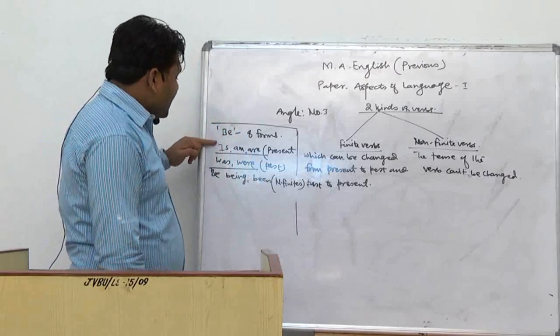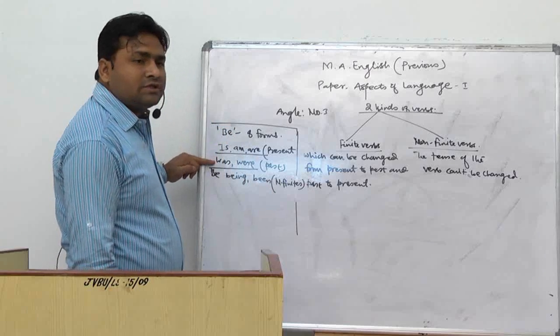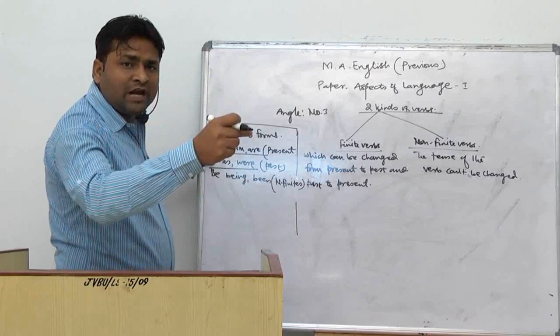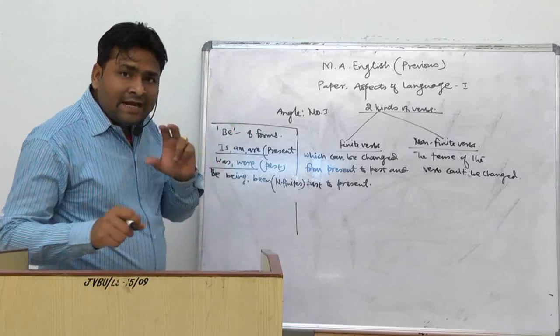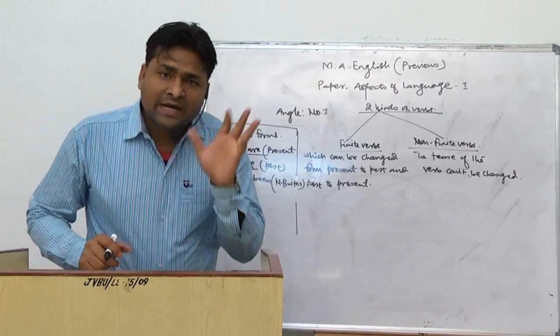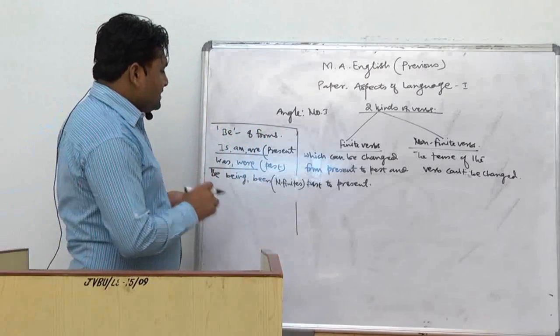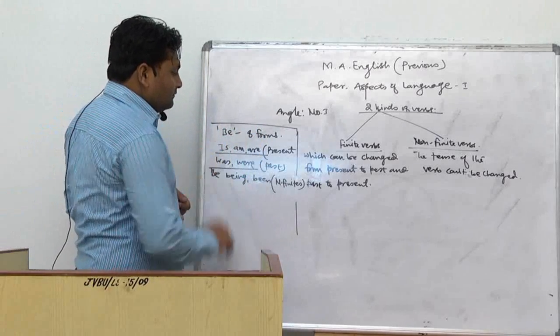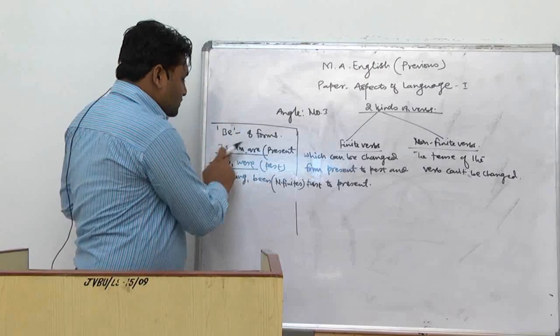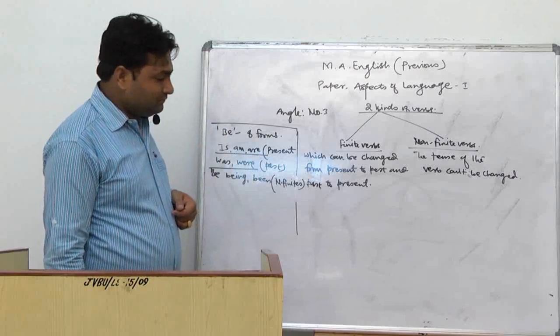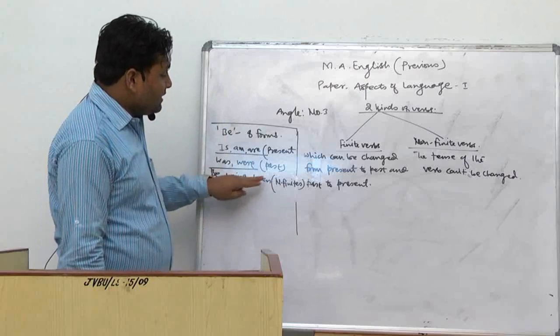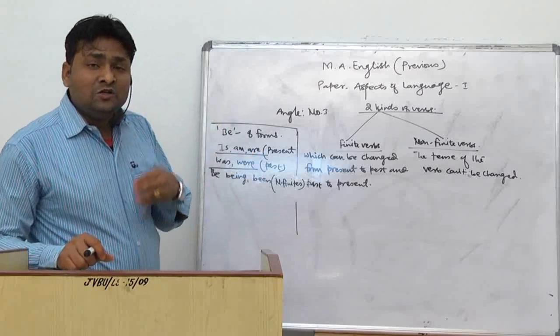Because is can be substituted by was, and was can be substituted by is. That is why they are finite verbs. So now you will see is, am, are are present finites, was, were are past finites, and be, being, been are